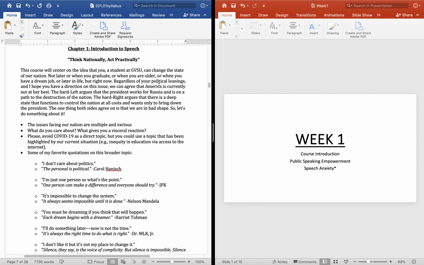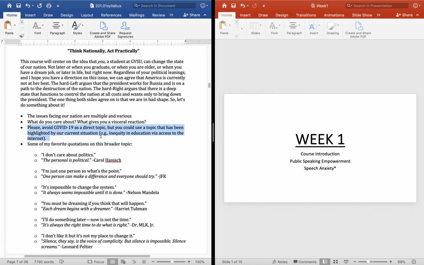The one thing that I've added here is to avoid COVID-19 as a direct topic. This is so current right now that it would be very difficult to come up with a speech that was thorough. There are things that we don't know, so there's no point in doing it right now. However, what you might talk about, if you want to, again, not required, is how this pandemic has highlighted other problems that exist. The example I have there is inequity in education via access to the internet. And what I mean there is